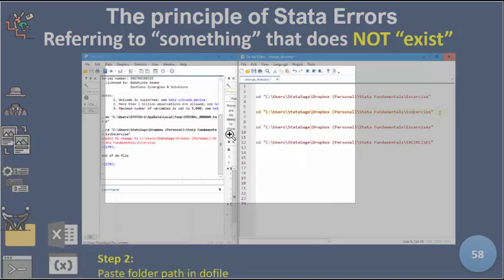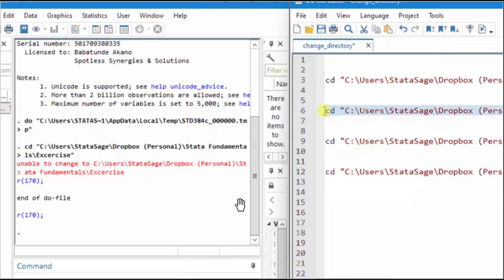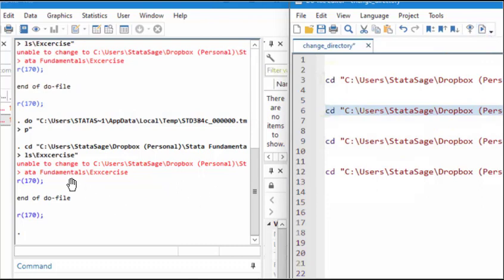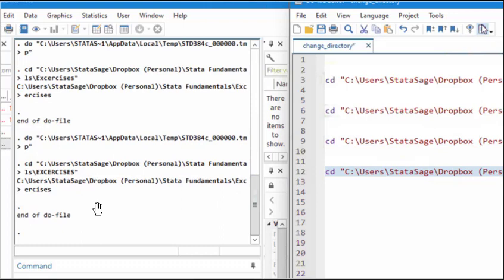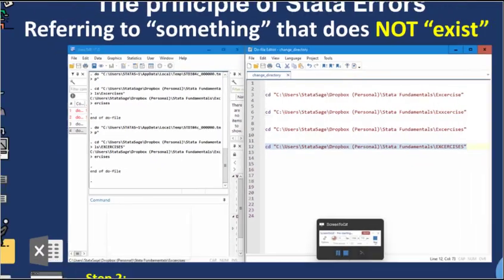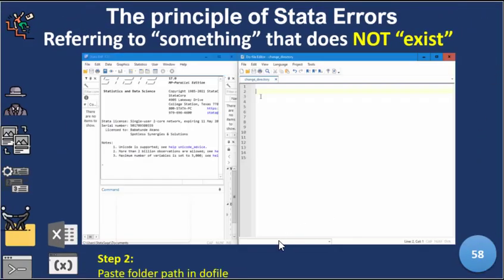Let me see if I can zoom in across both of them at the same time. When you run the second line, there's an error too because there's double x and it says end of do file. Now this third line works and the fourth line also works. So basically that's how those definitions happen. So you have to be very clear with your spellings. Okay, so let's move on to the next slide,